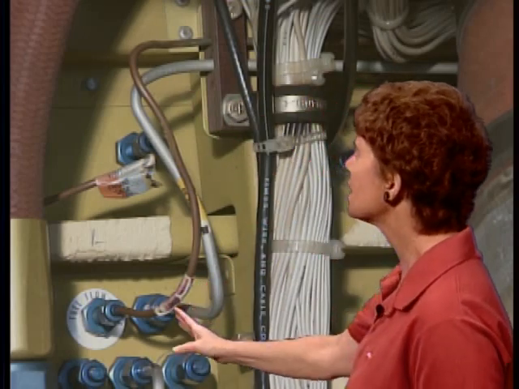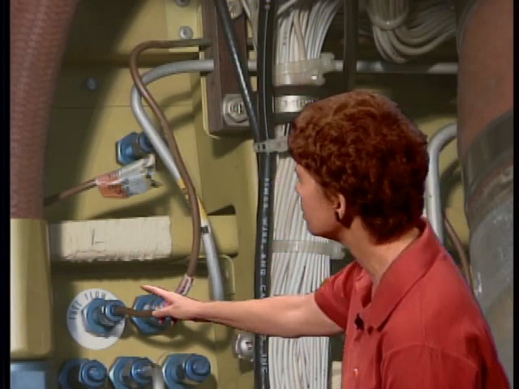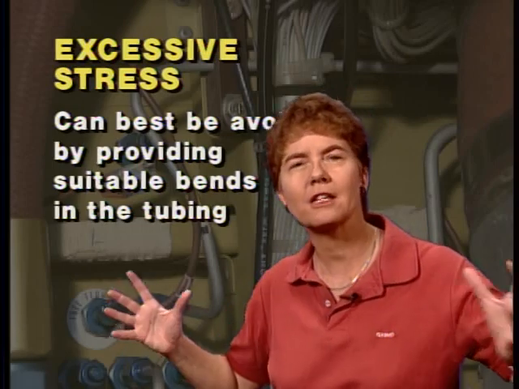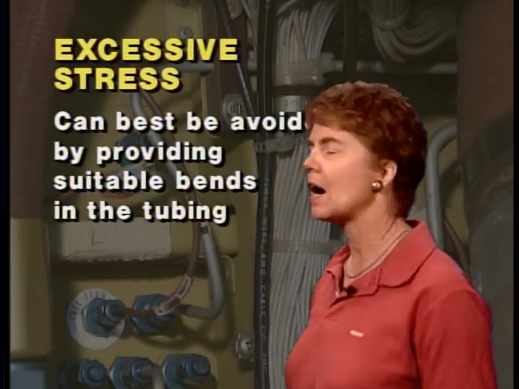Now, when you have fluid or pneumatic metal tubing in an aircraft, what you do not want to do is have short stretches of straight tubing. The aircraft is going to expand and contract due to temperature changes, and there is no practical way to avoid that. You just cannot avoid significant temperature changes in an aircraft. So the way that you want to avoid stress on the tubing from those temperature changes is to make sure that you've got bends in it. The best way to avoid excessive stress on metal tubing due to that expansion and contraction is to provide suitable